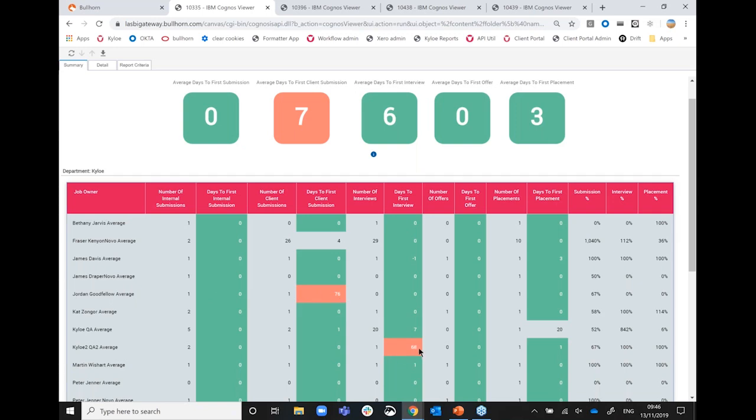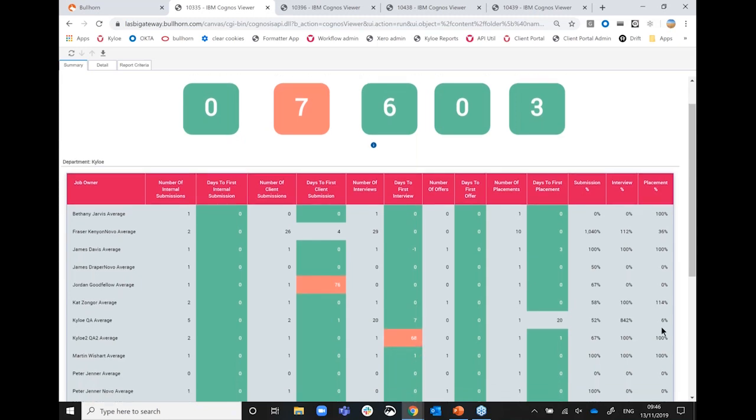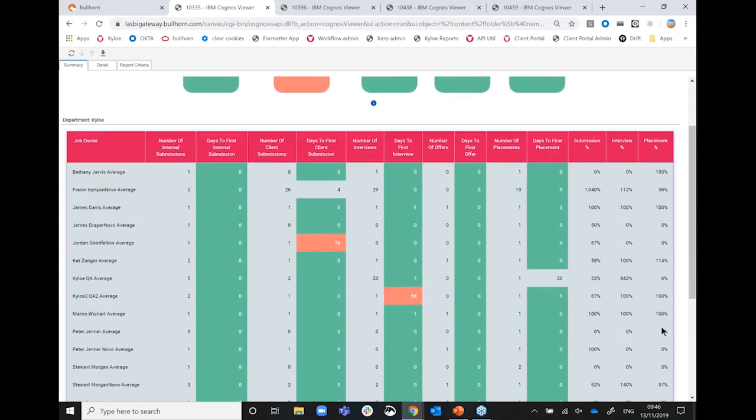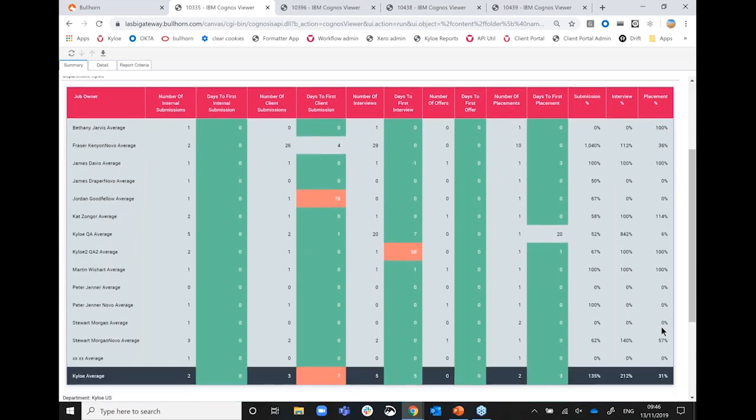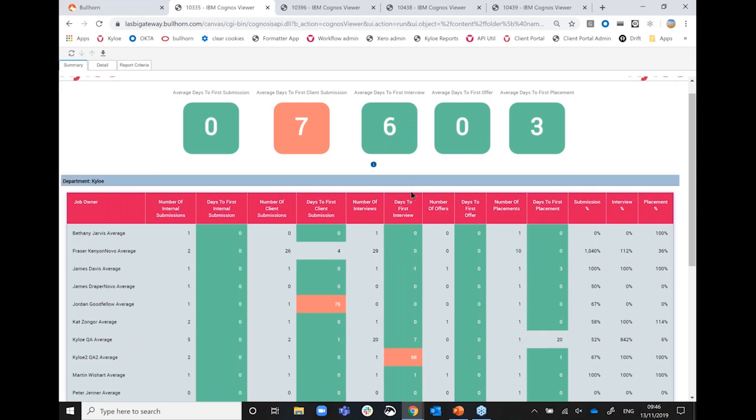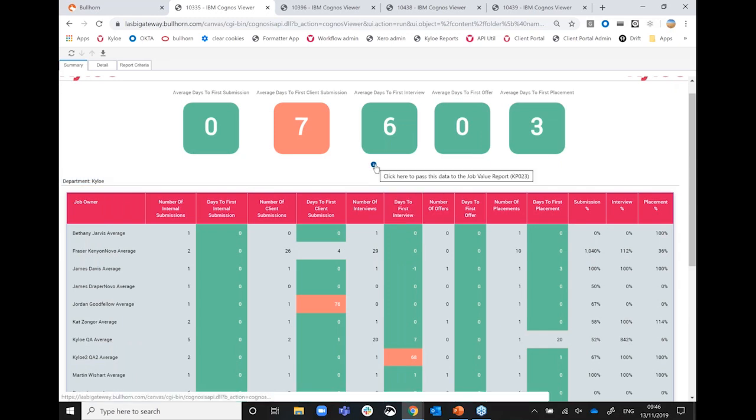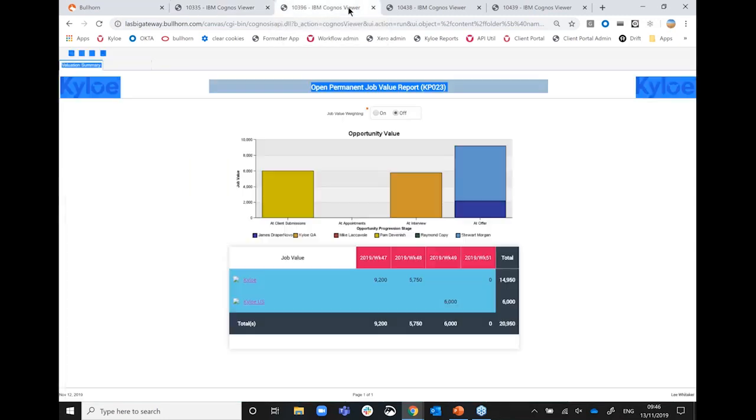And equally, we've got some percentages on the right hand side, which is what percentage of submissions do we make become placements, etc., etc. So this is our time to activity report. Now, we also illustrated earlier that some reports can be used to run other reports, and we've got a secret button in the middle of our time to activity report that actually passes this time to what we call our job value report. So if you were to click that, that would pass the time across to our job value